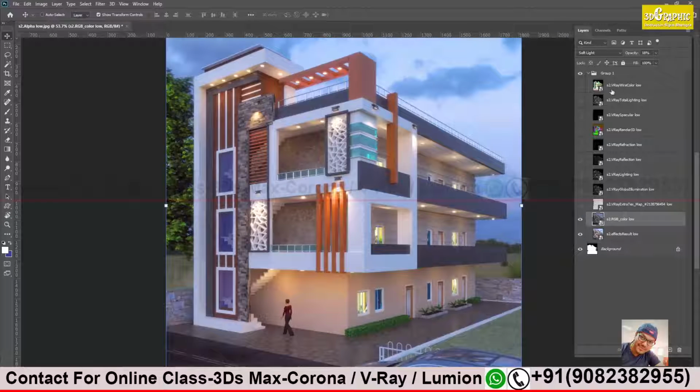Now again I will just turn the eye icon on and off. You see, a slight change is there. It is making my image look darker. This much only is needed. Next is your extra texture. First you try this and then on your computer I will guide you what you have to do. Remember the steps. First select the layer and then the eye icon and then change the property. That's all.